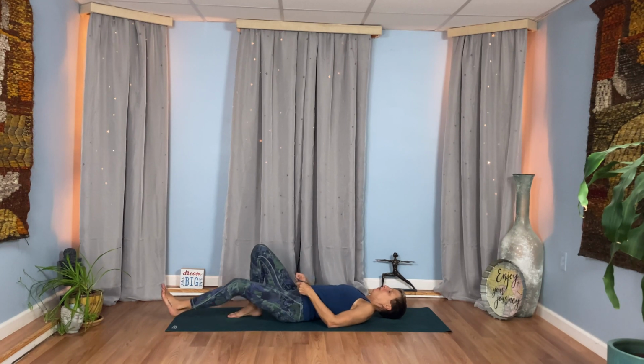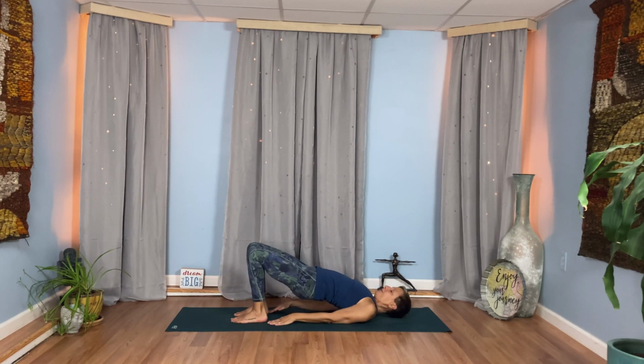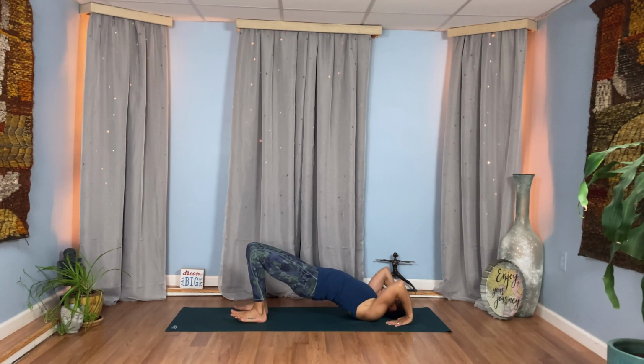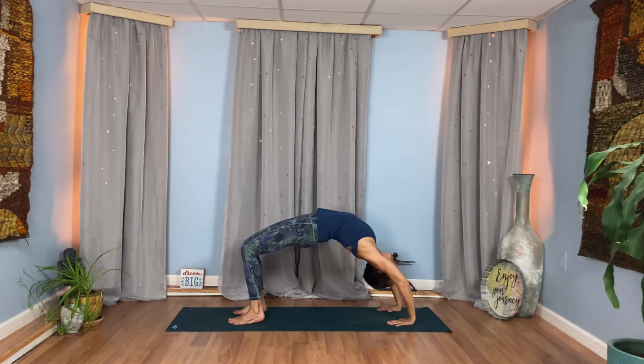Set your feet on your mat and come up for your bridge pose. Bridge or wheel. Connect down. Take your time, but stay in your body. Arms and hands alongside, or you can interlace your fingers under your low back here. You can come up for your bridge or your wheel. Any variation, any combination,